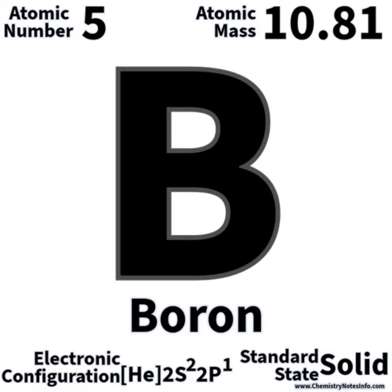Boron exists in several allotropic forms. The most common form is crystalline boron, which has a black metallic appearance. Amorphous boron is another form with a brown, powder-like appearance. Boron is also known for its ability to absorb neutrons. Boron-10, one of the isotopes of boron, is used in nuclear reactors as a neutron capturing agent, which helps in